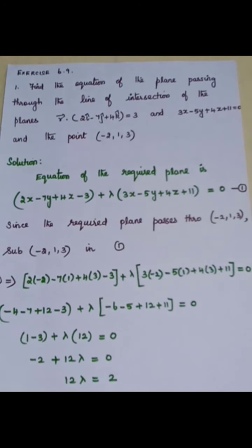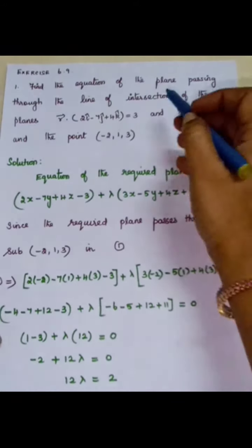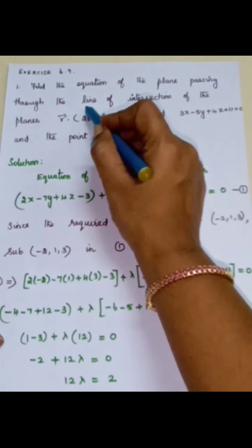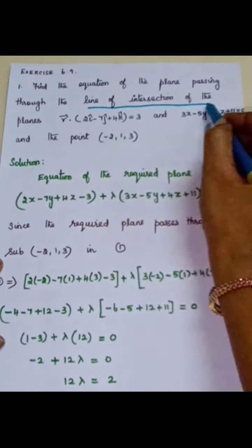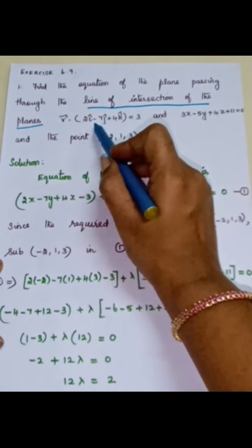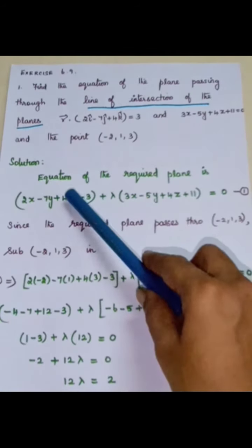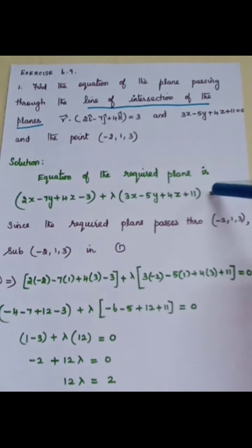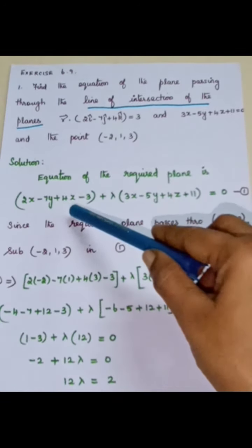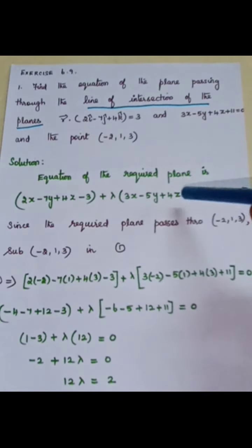See, we are going to find the equation of the plane passing through the line of intersection of the planes. So the first plane is this, and this is the second plane. If the two planes intersect on a line, through that line we are going to find the equation of the plane which passes through it. Okay, you see, first the equation of the required plane. Just now we have seen the equation of the first plane plus lambda into the equation of the